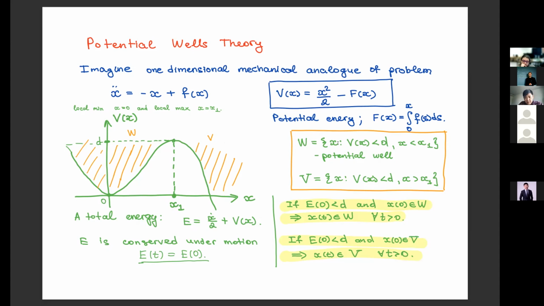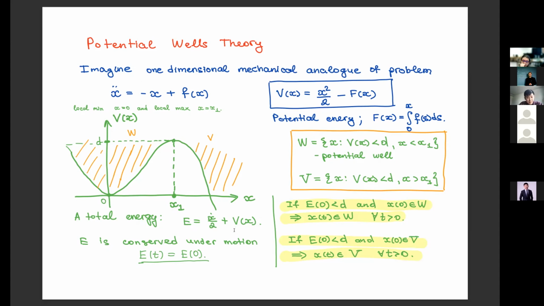So W, this potential well, is the set of x such that the potential energy is less than D, and x in this interval up to x1. And the second potential well is where the potential energy is less than D, but on the other side, x bigger than x1, in this interval. Then as we know that